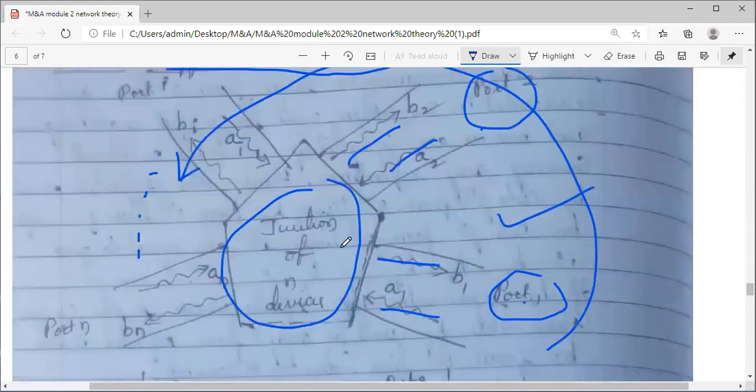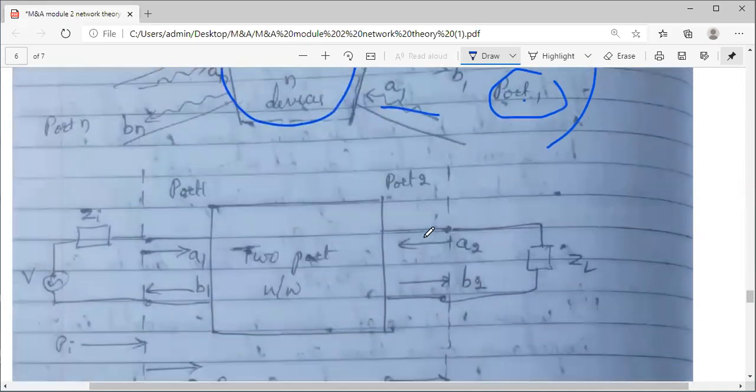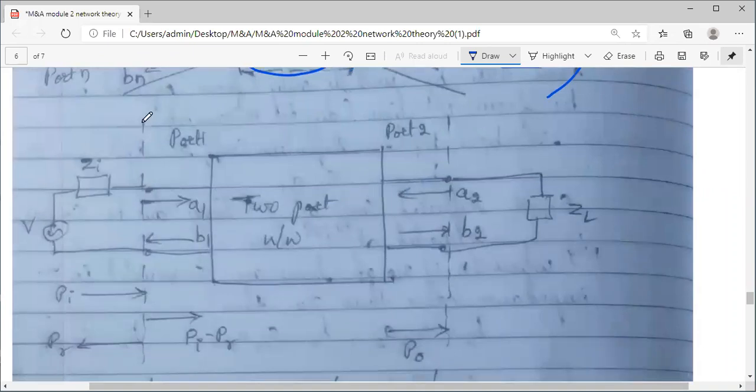As an example, for a two-port network, the minimum requirement is that we should have two ports. So for a two-port network, let us try to find the different losses. This is a two-port network. I had explained this already. Let me just recall it. This is your port 1. The reference plane is this. The difference between the S matrix and the remaining Z, Y, H and ABCD parameters is the following.